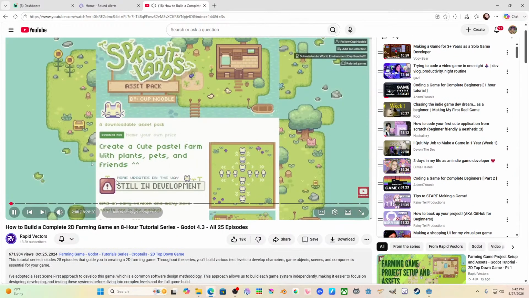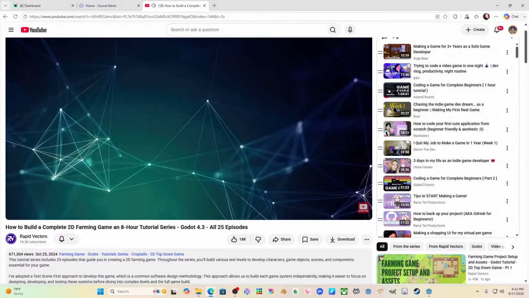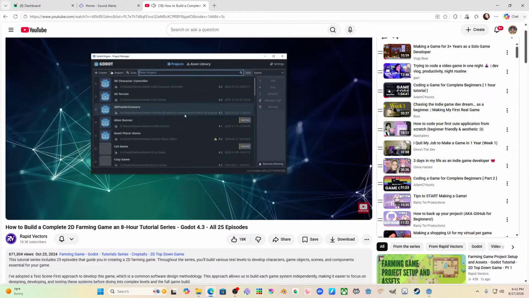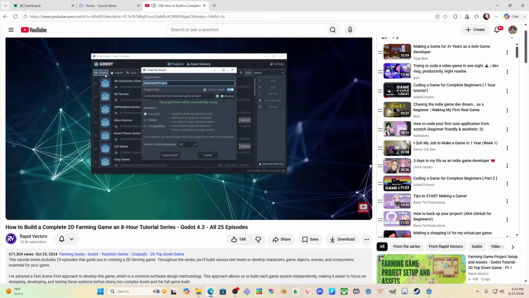We'll rename them, and we will do this before we start creating any scenes for our game. Now let's hop over to Godot. Once the game engine loads, let's create a new project. And for this game, we will call it Crop Tales. And if you leave create folder checked, it will automatically